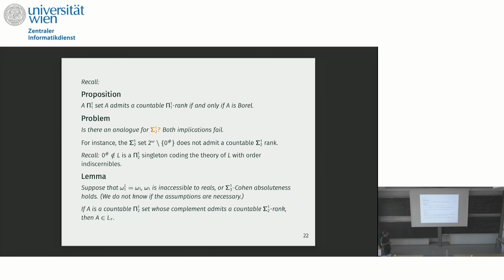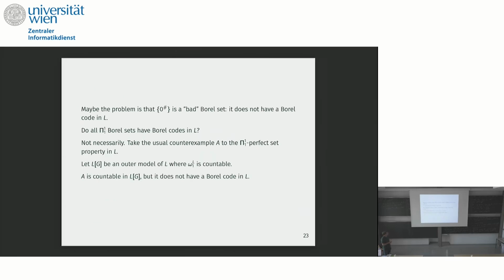So we have to somehow change this problem a little bit. Maybe the problem is that this singleton is a bad Borel set. I think it's bad, it doesn't have a code in L. So we could restrict to sets with Borel codes in L. But then we have to ask, does every Π¹₁ Borel set have a Borel code in L? This should be true, but that's not actually true because, for example, take a counterexample to the Π¹₁ perfect set property in L,